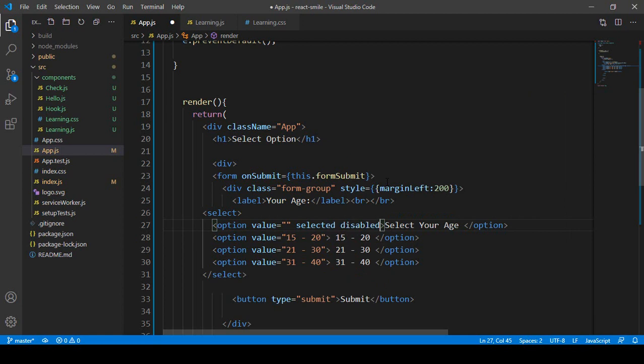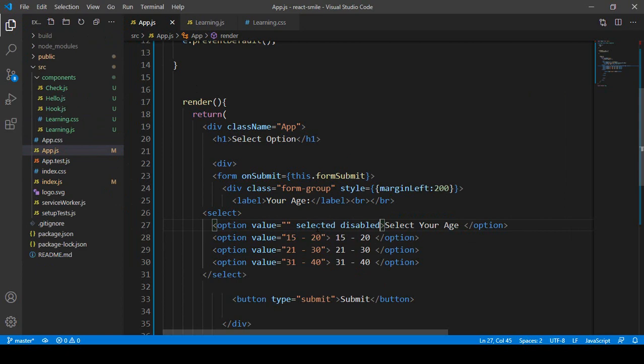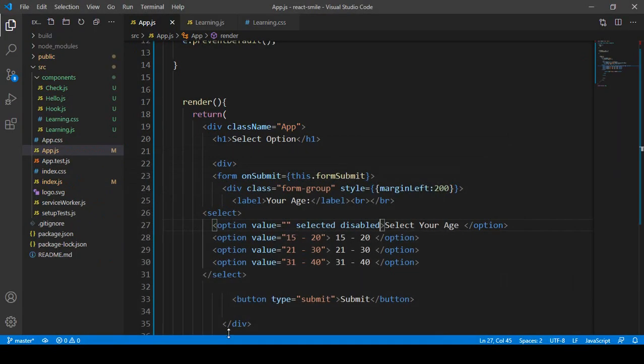Okay, selected disabled. Now if you click save all, with selected disabled, and refresh it. So now here you can see, you cannot actually select it. Okay, so that is actually our totally disabled. So better I want to put some brackets